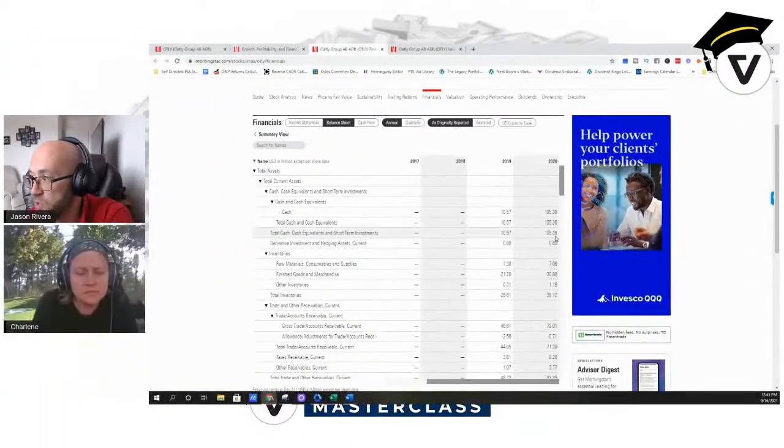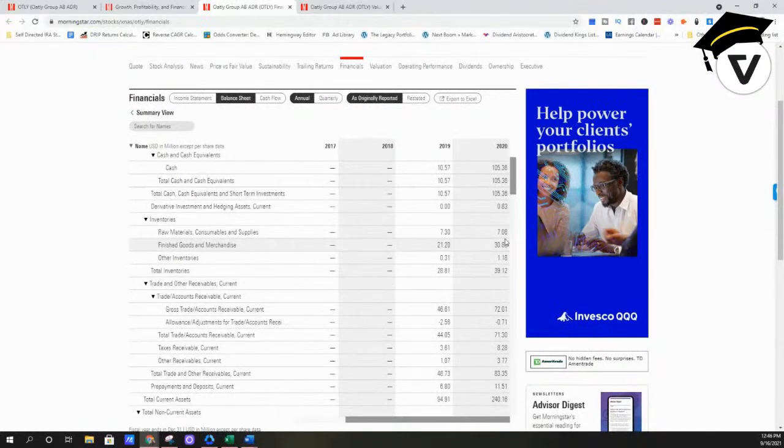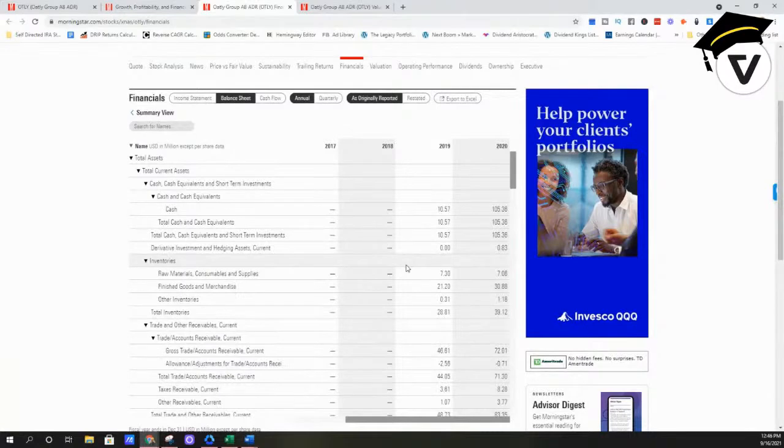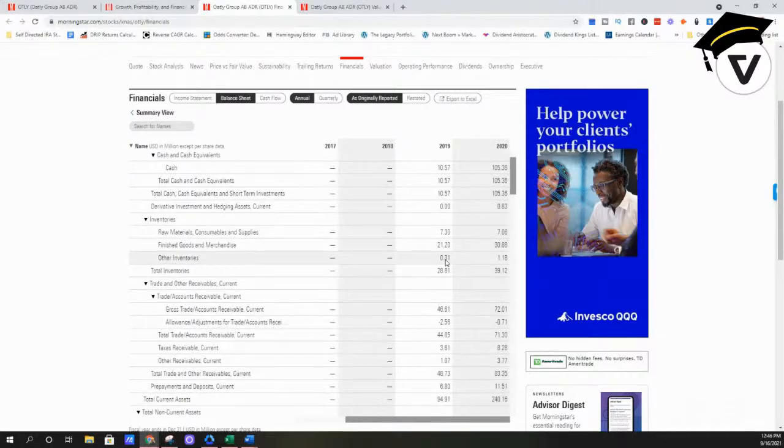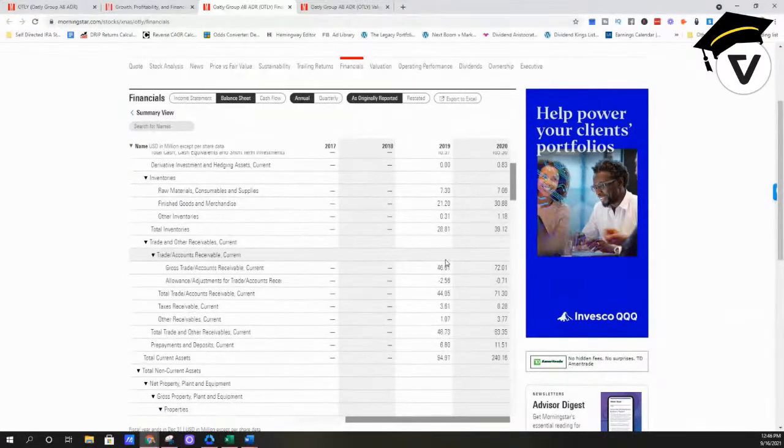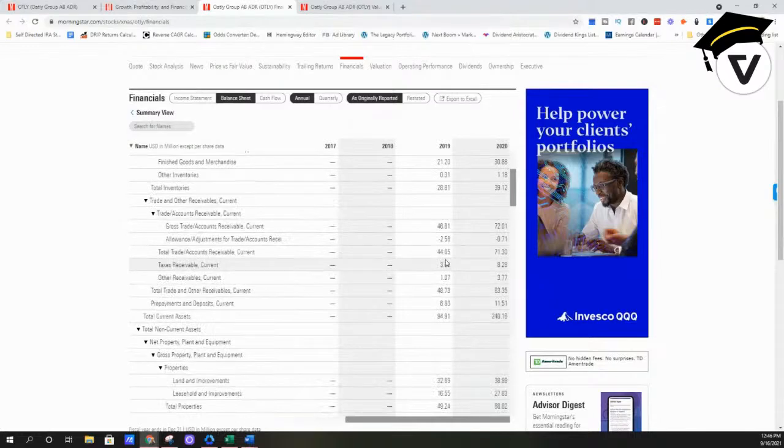They have a ton of cash, $105 million in cash. That's good. And again, we don't necessarily know where that cash came from. We just know that they have it. Yes, I will be able to tell if that came from debt or other stuff here in a little bit. That's why I keep asking. As a business owner, I'm uncomfortable not knowing where it came from. Cash isn't always good. I want to know the source. Yes.